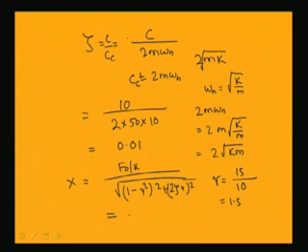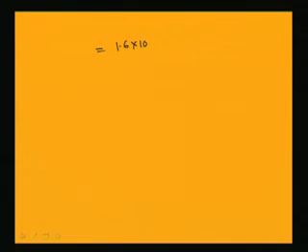By substituting f0 equal to 10, this is 10 by 5000, and this becomes root over 1 minus 1.5 square whole square plus 2 zeta, with zeta equal to 0.01 and r equal to 1.5. In this way you can find the response of the system, which is equal to 1.6 into 10 to the power minus 3 meter, which is equal to 1.6 mm.